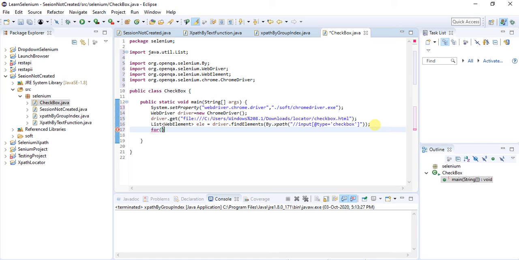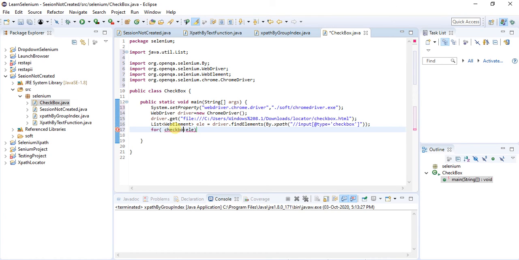Okay, so I will be storing here whatever checkboxes are available. I'll be adding into C. Okay, checkbox.